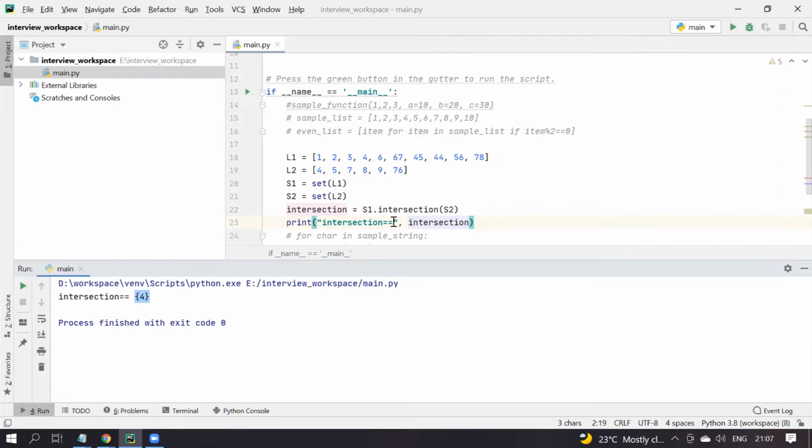Basically, it tries to find out the common elements from the S1 set and the S2 set, and it returns a new set object containing the common elements as output, and we are storing this information in our intersection variable. We can call it the intersection set, and that we're printing on the console. Now our next question is,